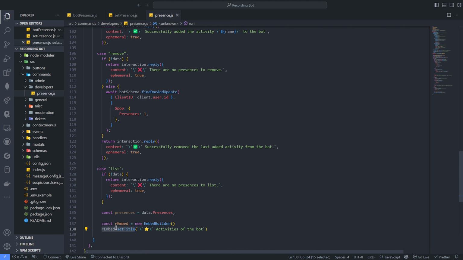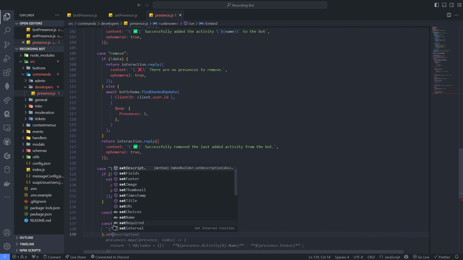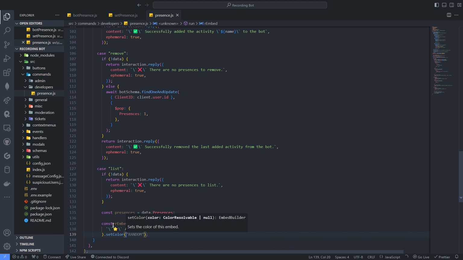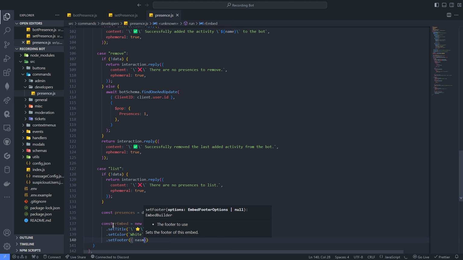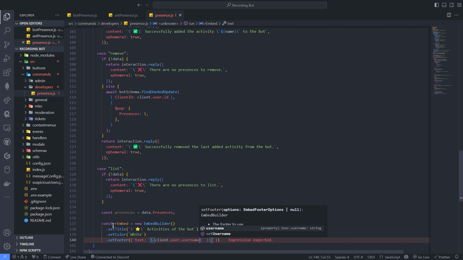Also, this needs to be like so. Set description. No, we'll do set color to white. We'll do set footer. We'll do text, not name, because that's for author. And we'll do client.user.username